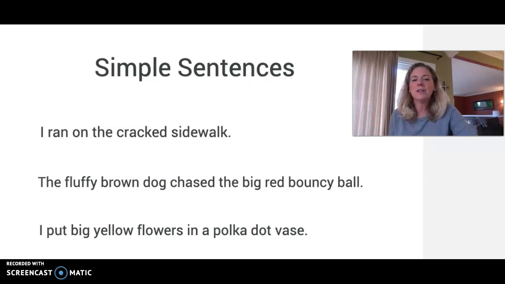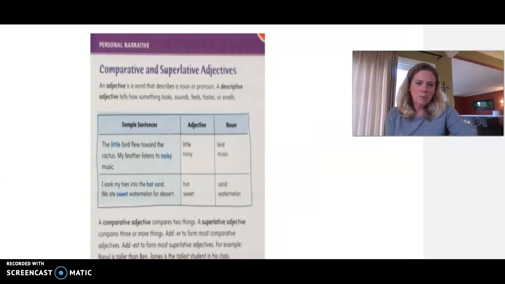So today what we're going to talk about is what happens when you use adjectives to compare your nouns. So maybe you have more than one noun that you're comparing. So if we take a look at this page, this is page 170 in your My View book. And I went ahead and I just inserted this in so we could talk about it a little bit together, because I think you guys are probably going to be fine,